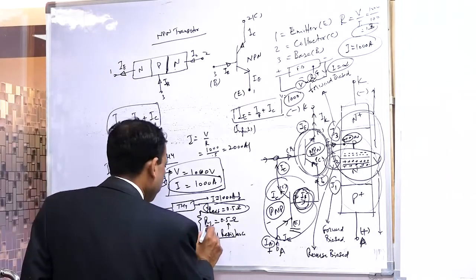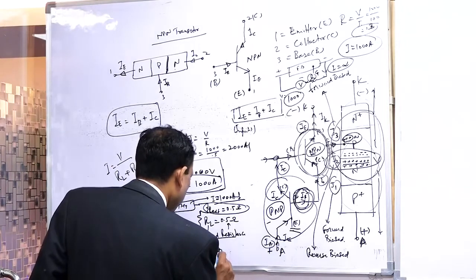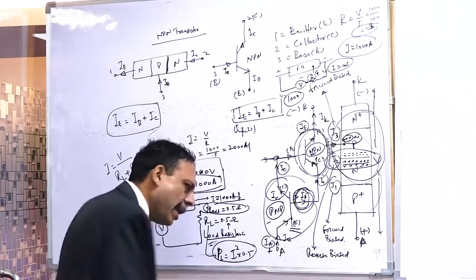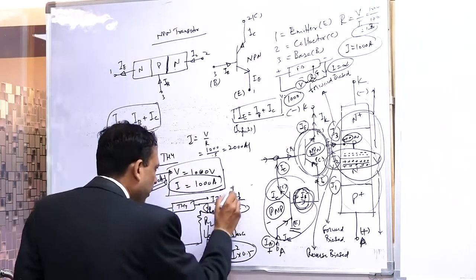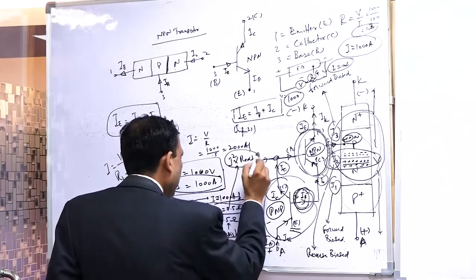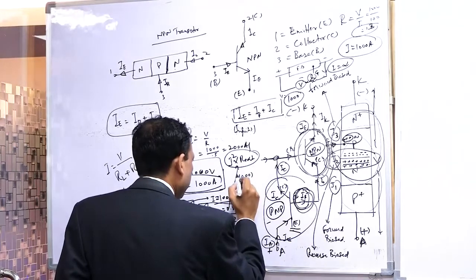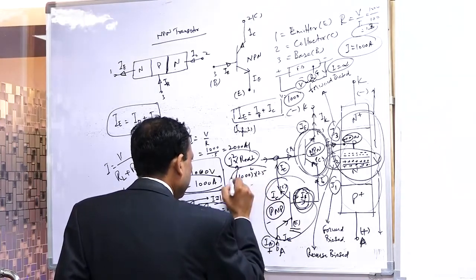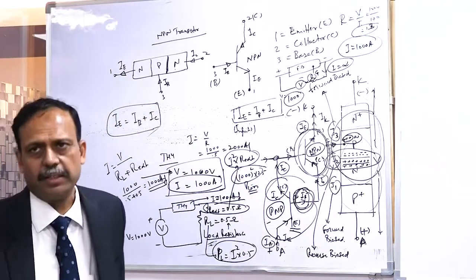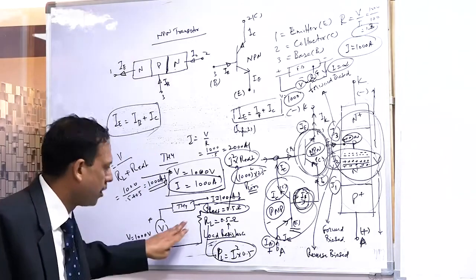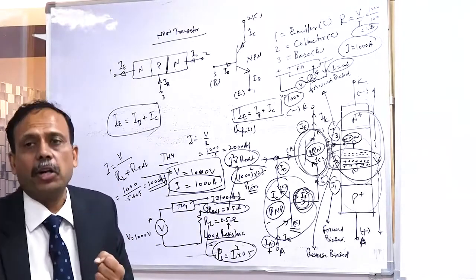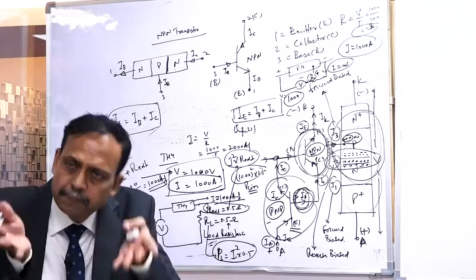Because of this power loss, P load is equal to I square into 0.5. This is the actual requirement of the load. But this external resistance, I square into R external, is an extra loss. So basically 1000 square into 0.5 is the power loss that will take place by doing this jugglery. We will be able to use this thyristor for this particular load, but we have to put an external resistance. So there is going to be a capital cost. We have to purchase an external resistance and put it in.